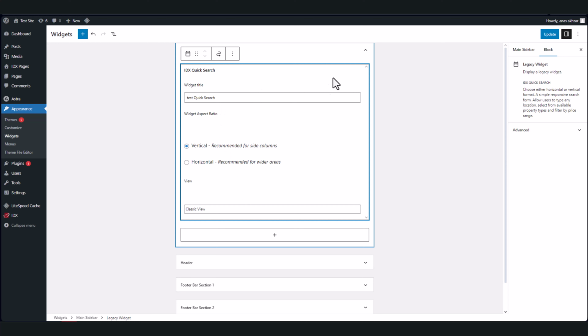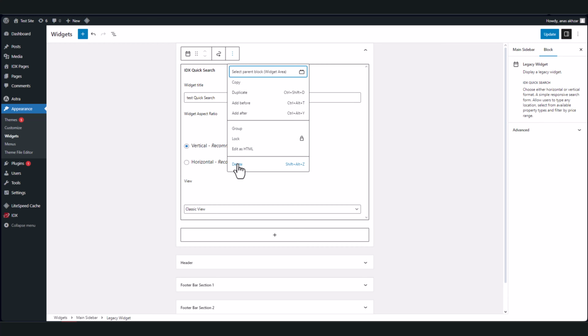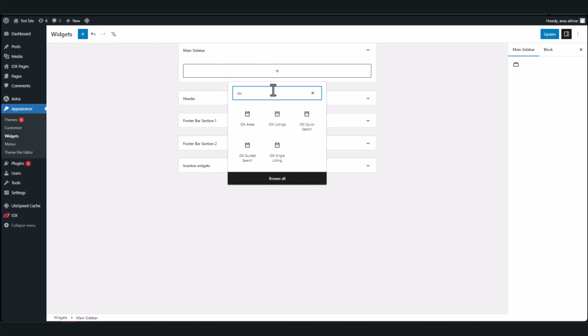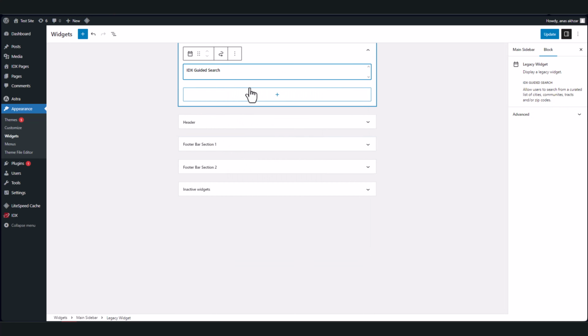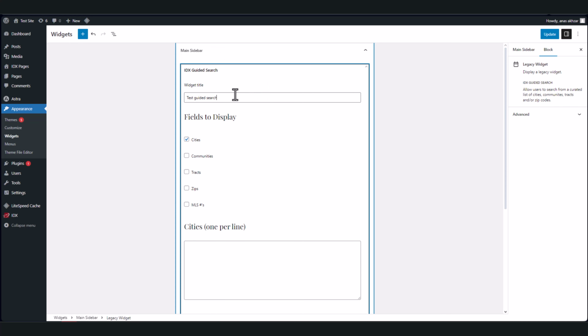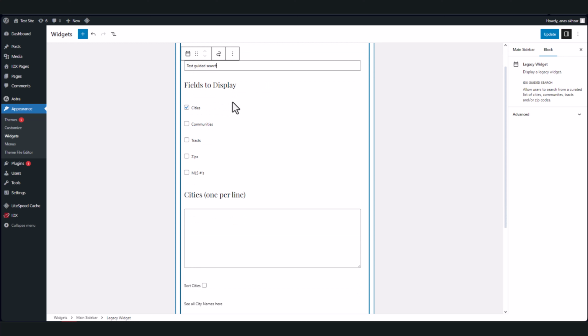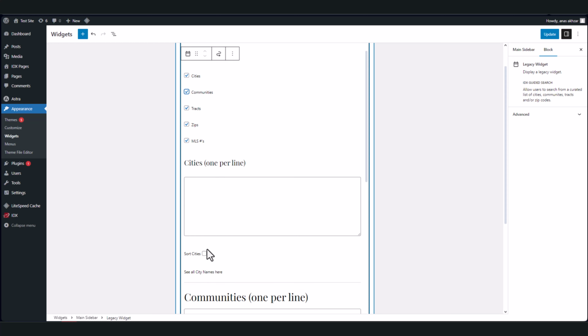Now let's discuss the fourth option that we have here, which is IDX guided search. First you have to give a title and then you need to select which fields you want to show. You want to show cities, communities, tracts, or zip, or you can select all of them. Let me show you how it will look if I select all of them. Now you need to give cities one per line. So let's say I will click here